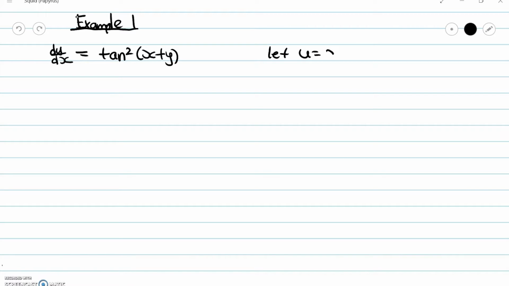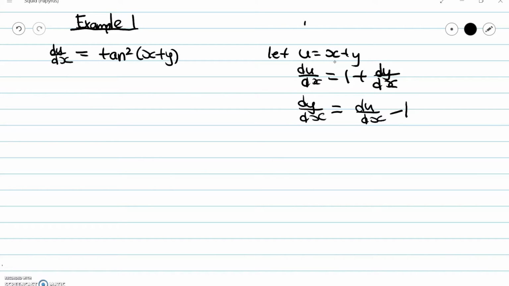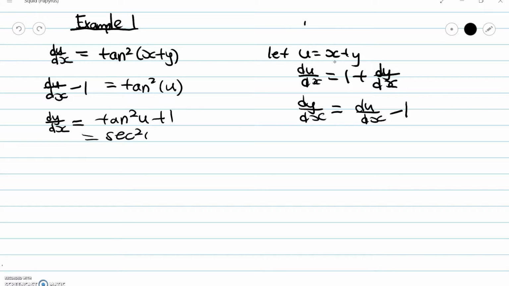At first, we let u equal x plus y, and du/dx equals 1 plus dy/dx. Solve it for dy/dx, and we will get dy/dx equals du/dx minus 1. So dy/dx equals tangent squared (x plus y) turns to du/dx minus 1 equals tangent squared u. du/dx equals tangent squared u plus 1, which is secant squared u. Then, du/dx equals secant squared u,